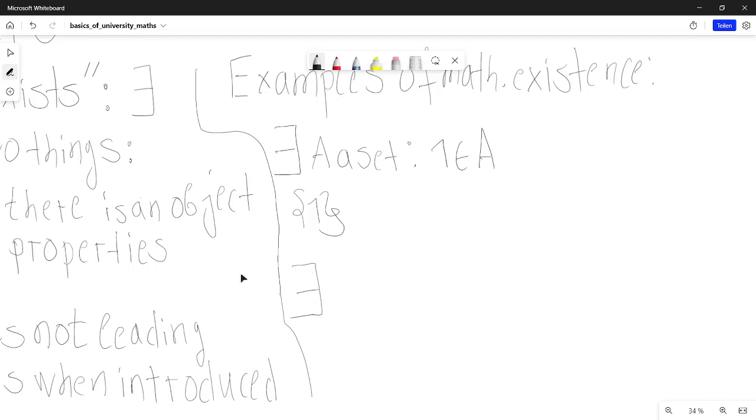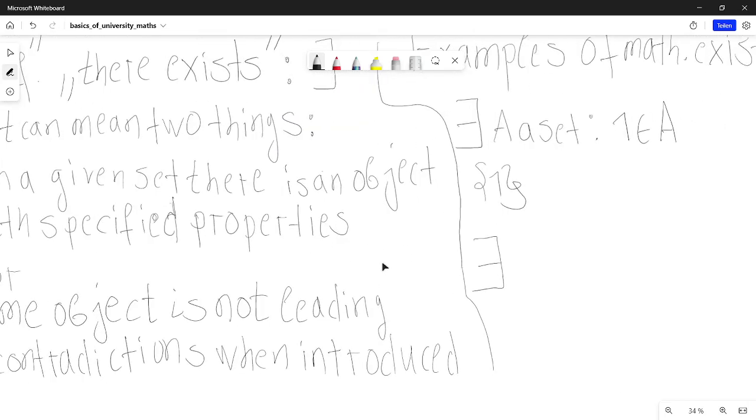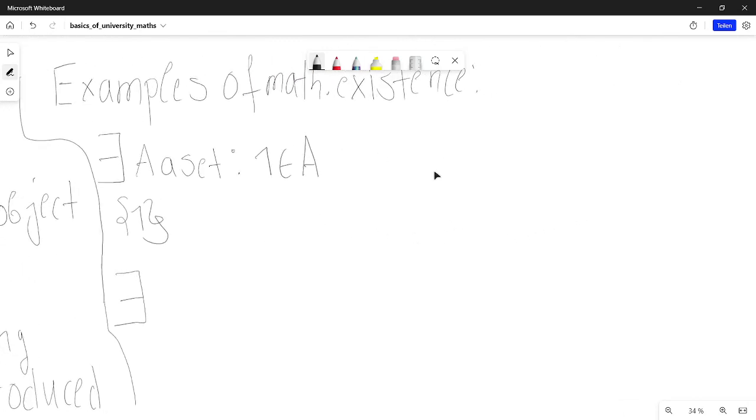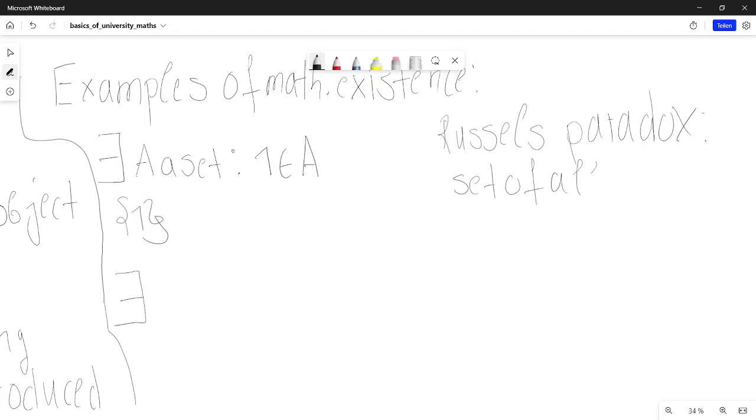Of course, it is like a trick. The set of all sets does not exist for a certain reason because it is descriptively given. And you can look up Russell's paradox for the set of all sets. I'm not doing that because it's so trivial, but by Russell's paradox the set of all sets can't exist. But okay, I'll give you something about it. Imagine